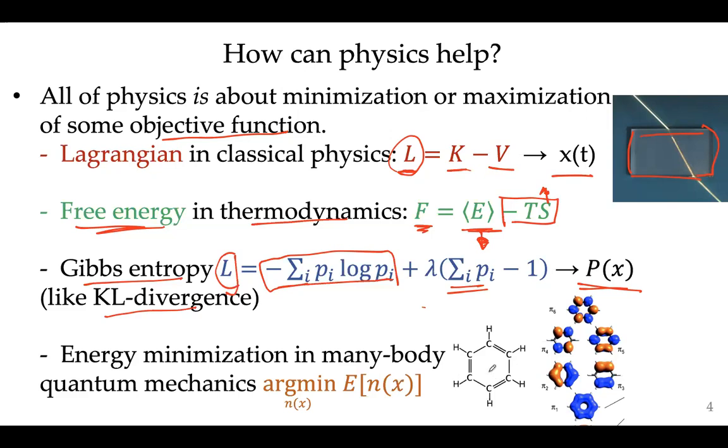So what you would typically do is use some sort of density functional theory, where you try to find the distribution of electrons, or the wave function squared, that would minimize the energy. Whichever distribution minimizes the energy gives you the electron distribution on the molecule. And we know that the minimization of a loss function or objective function is also central in machine learning. That's why I mentioned this. So this is one common ground between physics and machine learning.